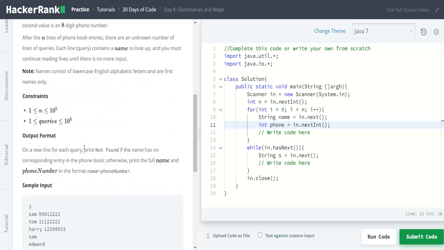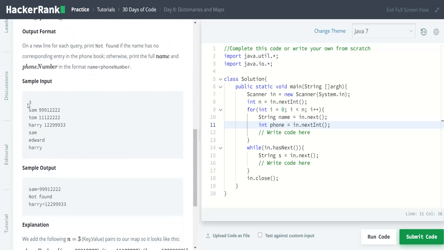So the input format, I will directly explain here. The input n will take the number of entries, followed by 3 entries. That is the input that we have given. The first string will be the name, and the second string will be the 8-digit phone number.